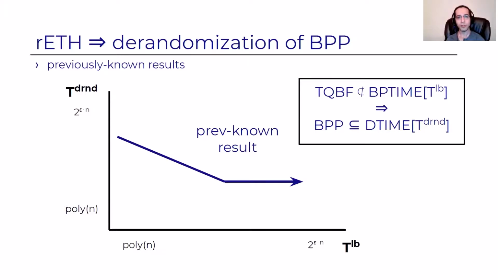Well, first of all, instead of starting with a hard function in exponential time, we start with a hard function in PSPACE, namely TQBF, or totally quantified Boolean formula, which is PSPACE-complete. And secondly, indeed, while starting off with the weak lower bounds, when we strengthen them, we do get faster derandomization, but this trend line stops at some point. Even if we strengthen the lower bound further, the derandomization does not become faster.